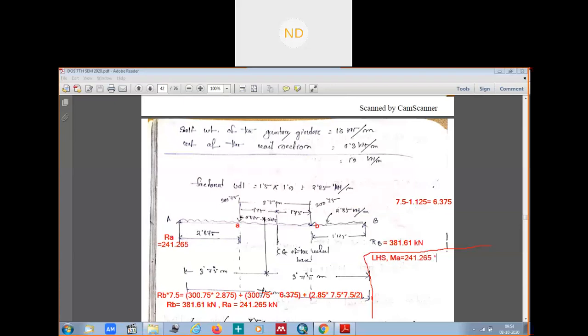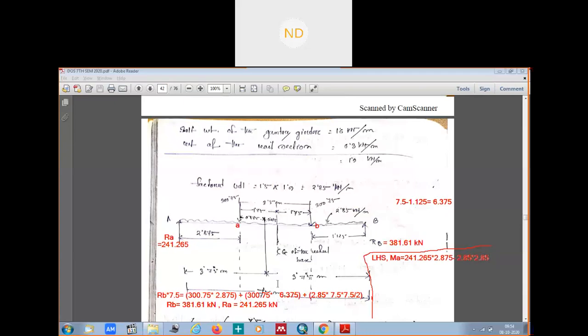241.265, right, into this distance, which is 2.875. We have another load on the left-hand side, from point A. How much is it? This one is 2.85 kilonewton. So plus, oh no, sorry, minus, since this is downward. So minus 2.85 into